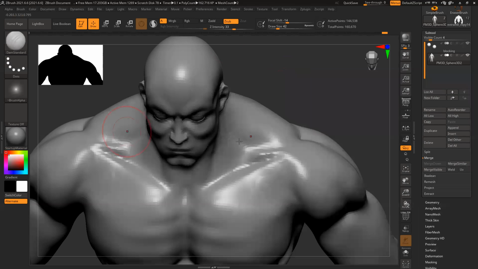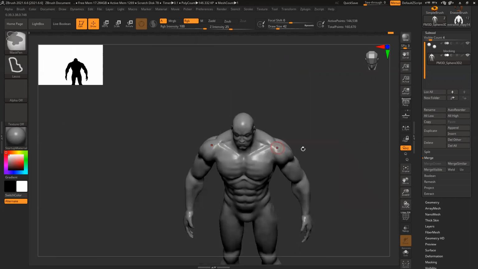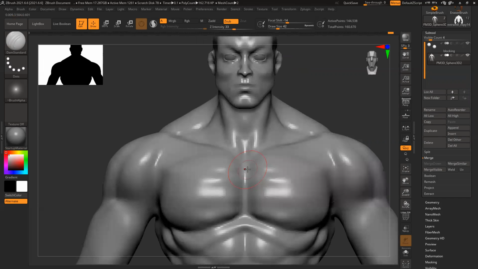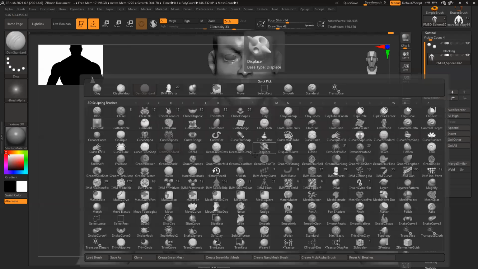Dam standard. And this chest shape is slightly, this collarbone is slightly rounded because it's really bulky.